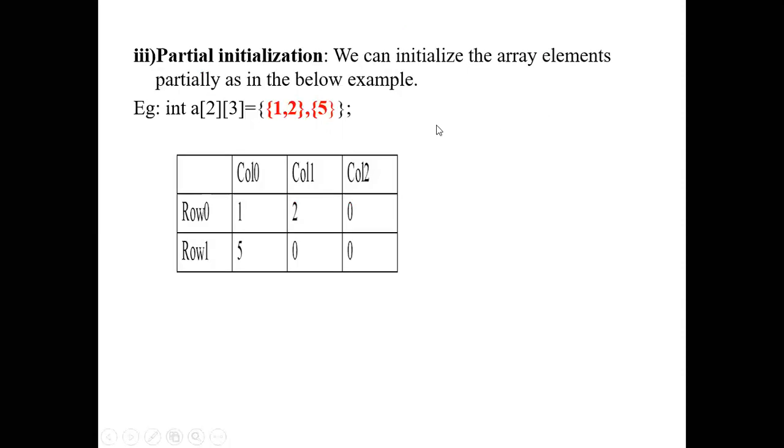This is partial initialization. So you can see here there are 2 rows and 3 columns. Okay, so here we are specifying only 2 elements of the first row, 1 and 2. The third one will be left 0. In the second row, that is row 1 with the index 1, we will be specifying only 1 element. So same as a one-dimensional array, this also will have the index 0, 1, 2, here 0, 1.